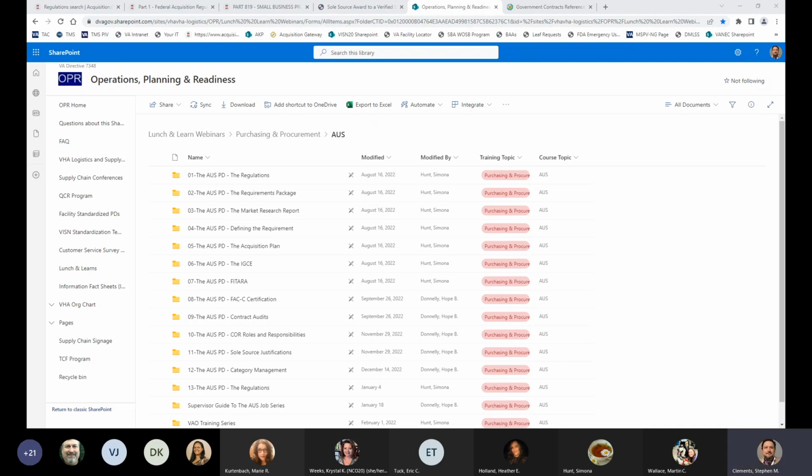Yeah, Joanne, I believe it's starting in 2024. So I think it's still just 80 CLPs up until 2024 to maintain your FAC-C. But after 2024, it's going up to 100 CLPs under the new standard to encourage people to do more continuous